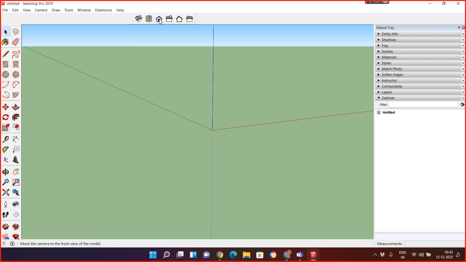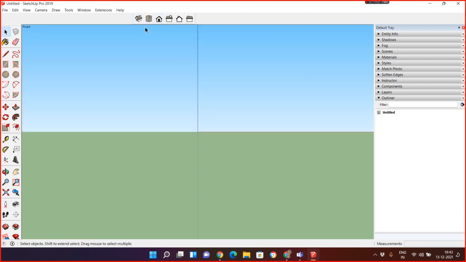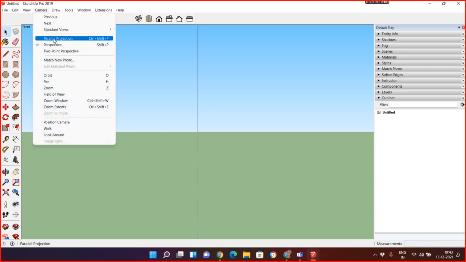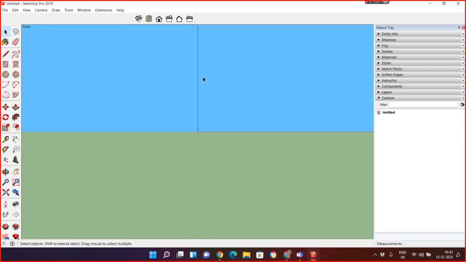But when I click front, see the sky is in perspective, because there is dark blue and there is white. It means this is not exactly orthographic front, this is perspective. So what do I have to do? I need a parallel projection. So I go to camera and use parallel projection. Now it becomes parallel, it's a 100% front view.